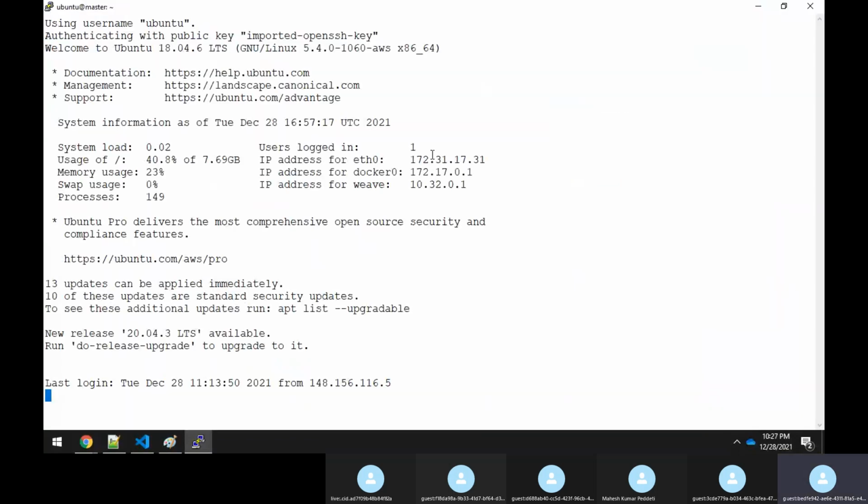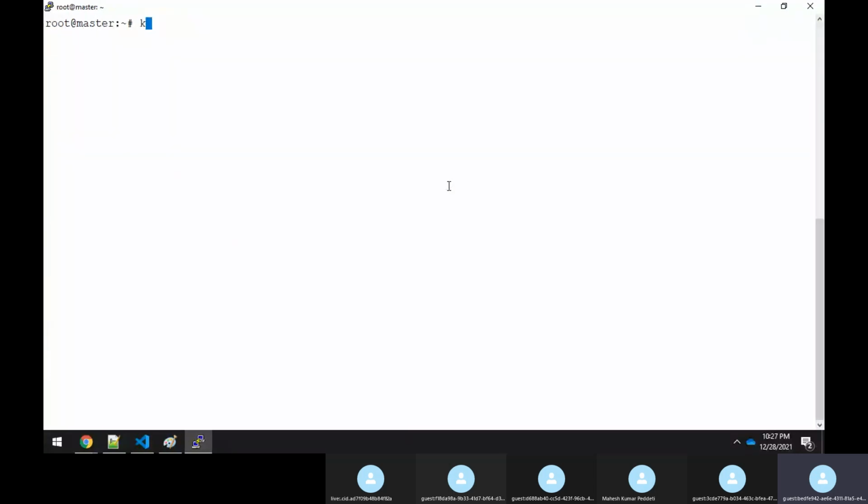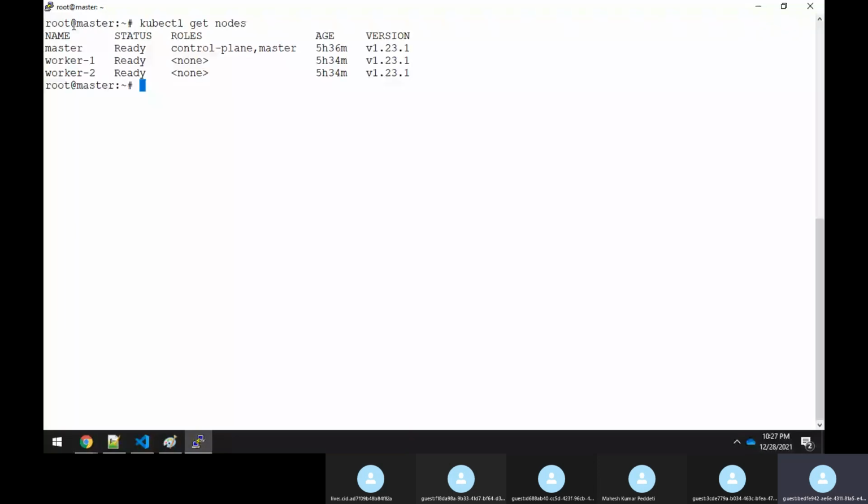So this is my master node, and we know very well that if we execute kubectl get nodes, we could see that the worker 1 and worker 2 nodes are available.